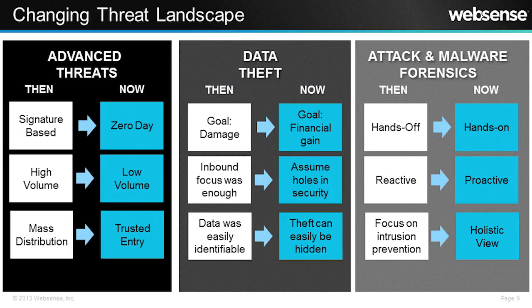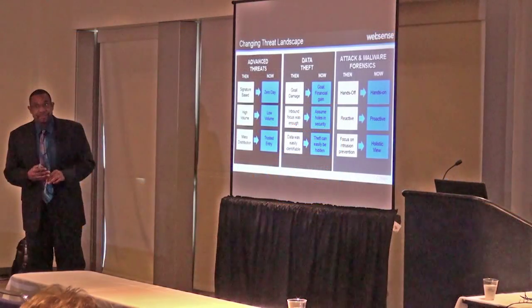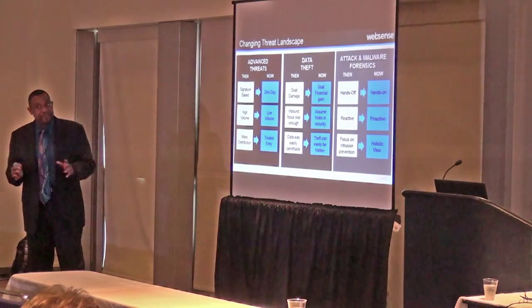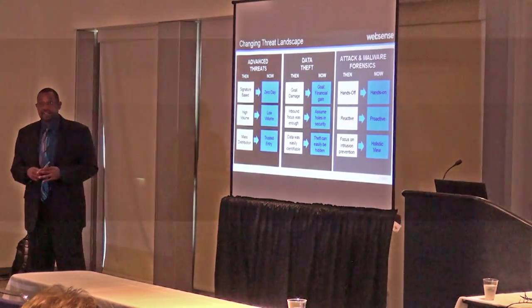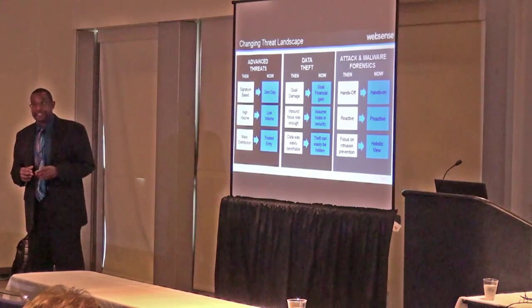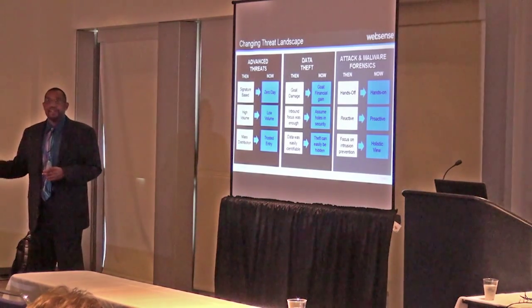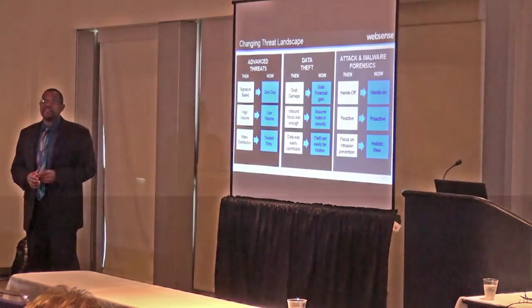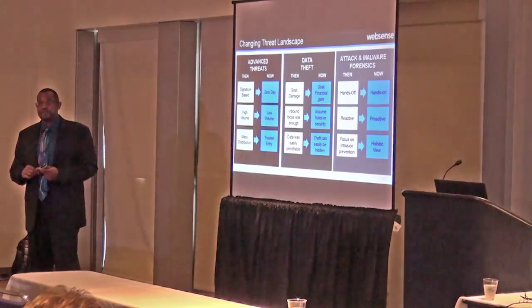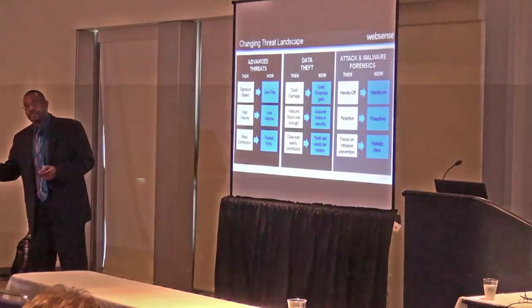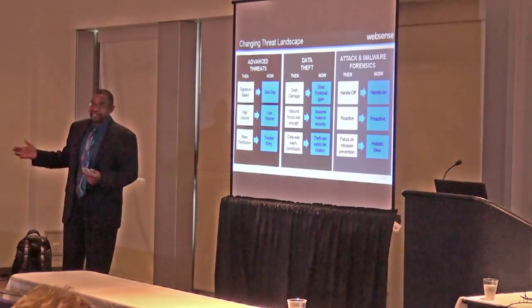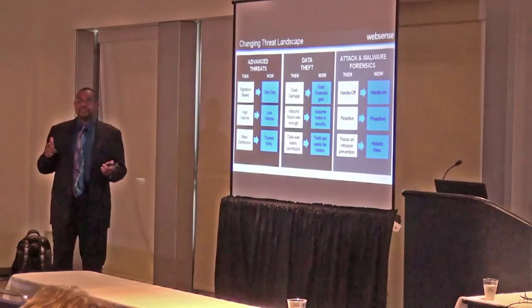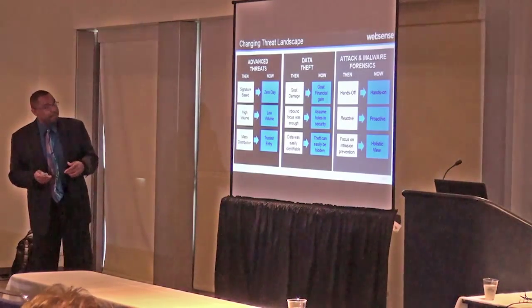When you look at the attacks in malware and forensics, we pretty much, very much had a hands-off approach back in the 80s and 90s. Because we had antivirus, and we had endpoint, and it was all good. Now we definitely have hands-on. Most of us in this room probably have a SIM or a SIM-like tool. And we're combing through data looking for the anomaly. And hopefully we pick the right one, because the SIM doesn't have any intelligence in most cases. If you're looking for SIM 2.0, 2.5, or 3.0, or whatever the new buzzword is, they're trying to put some intelligence into the SIM so that it can actually point you in the right direction, that there's a problem.